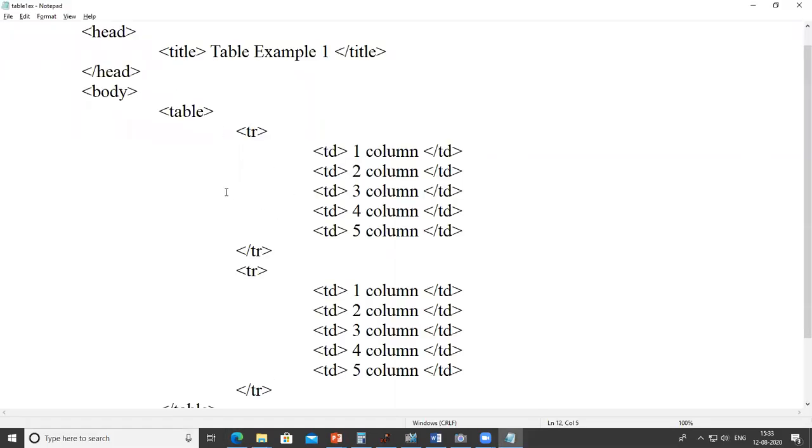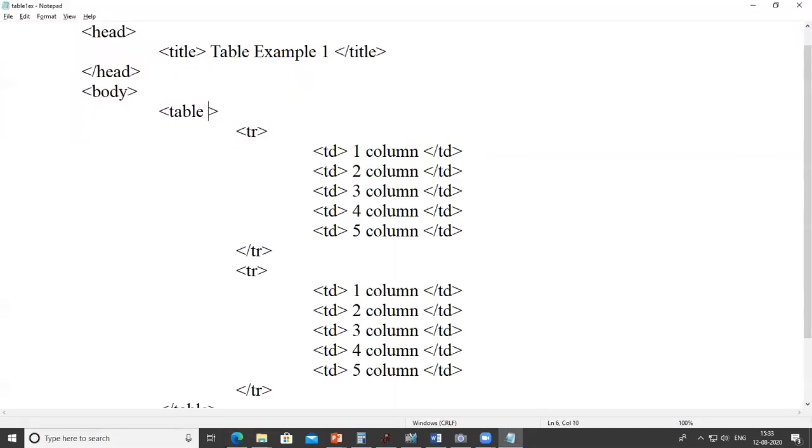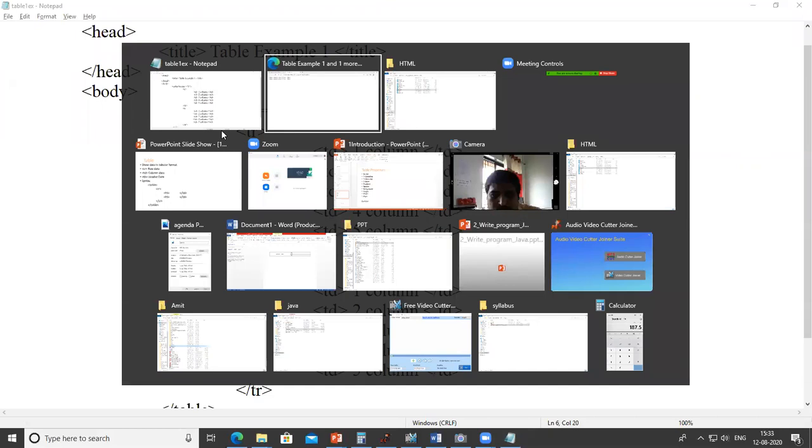But you may say that mostly we find a border on the table. So here we have to use border equal to 1. It will display the table along with the border. So this is our table with border. This is the first example of a table.